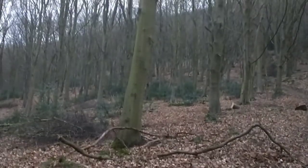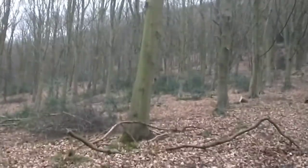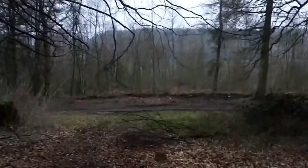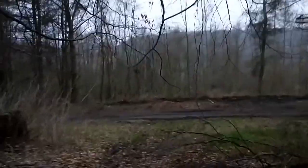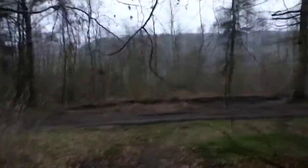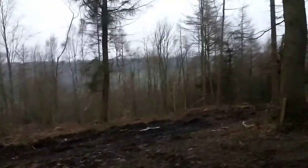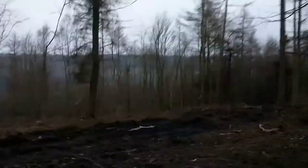Okay, I've just come down this hill here, and there's still no sign of them. And I've made it back to where the blue route crosses paths in its figure of 8, and there's still no sign of them. And to make matters worse, I was talking about mentioning it near the start of the video, but that naughty Scarborough Council have decided it would be a good idea to take the path away where the blue route used to go